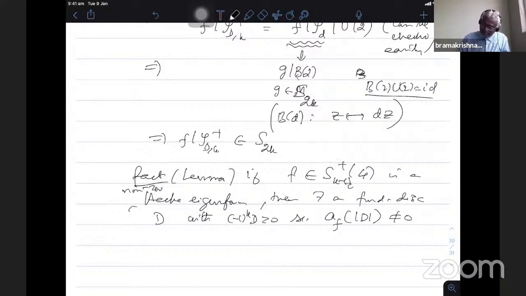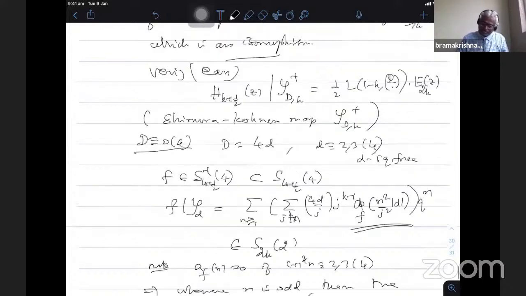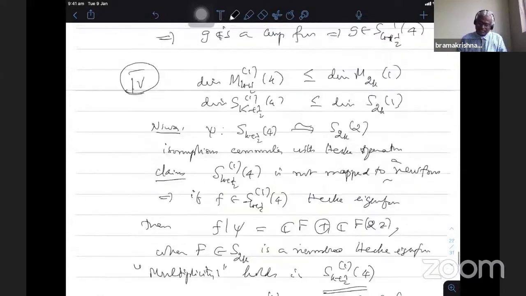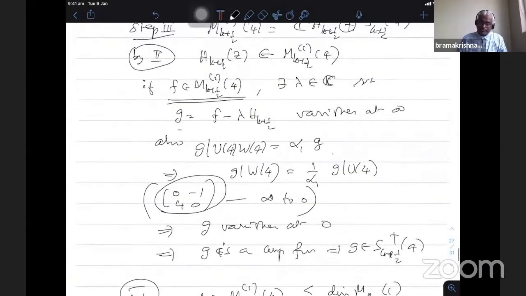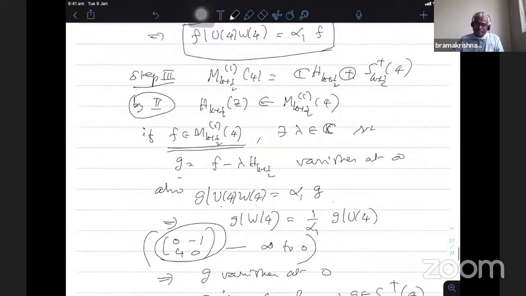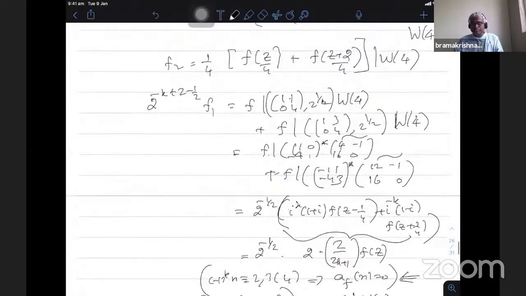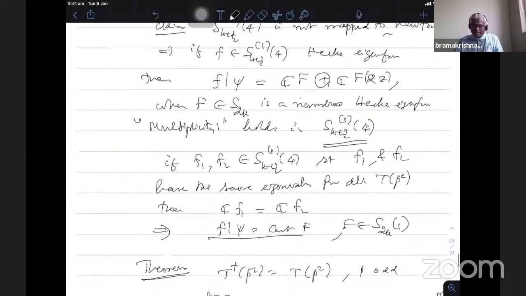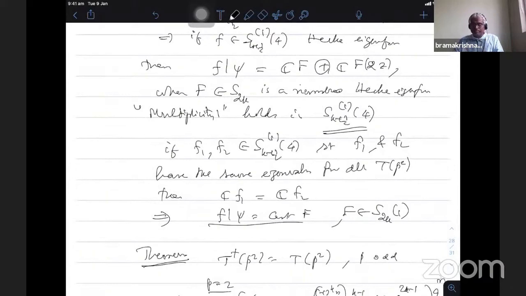So this is the major part of Kohnen's theory in the case of level 4, how he describes this subspace in terms of an operator arising naturally. One is the Hecke operator, another one is the Fricke involution. You take the combination of U_4 and W_4; it satisfies a quadratic equation on the full space. You take one particular eigenspace, and that exactly becomes the plus space, which is defined in terms of the Fourier coefficients. And then one can modify the Shimura map in such a way that it takes forms of level 4 to level 1. So another division by a factor of 2 goes away.